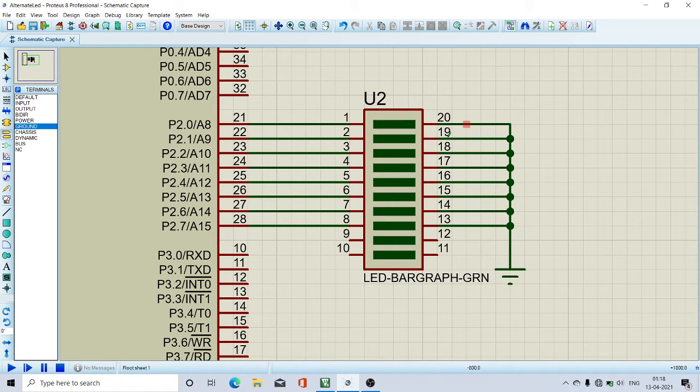So the 8 LEDs, other end is connected to the ground. This is the hardware connection.